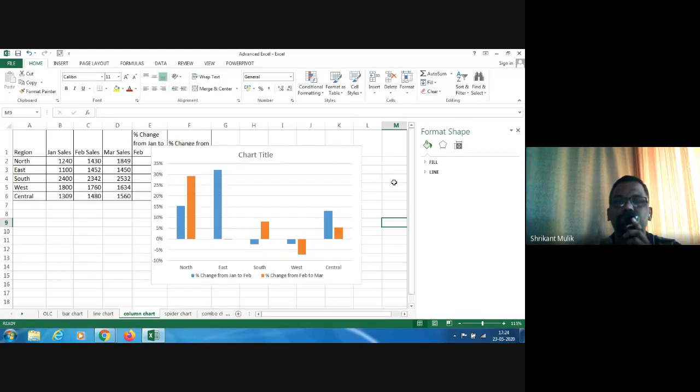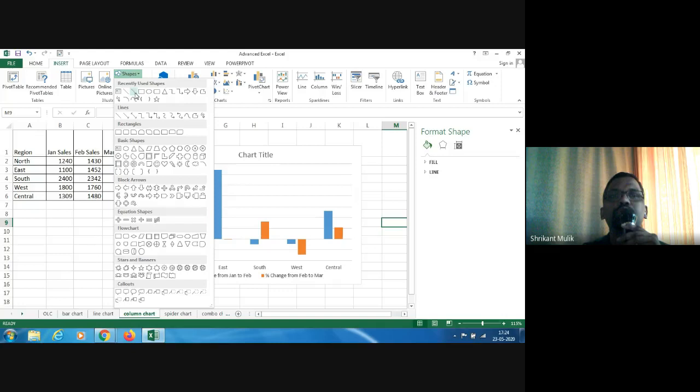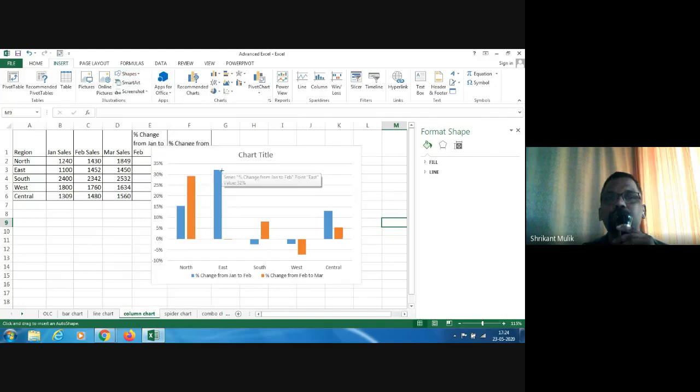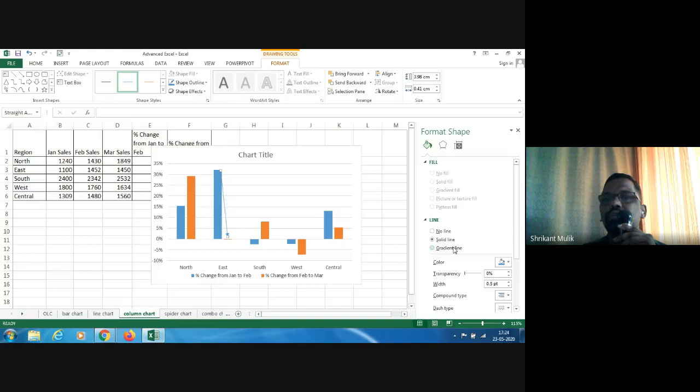That kind of thing. Obviously, you can not only stick to what is shown. You can always add something, and you can always add an arrow. So here I can go insert shapes and show that this is a serious problem. Right? I can fill this line, solid line.